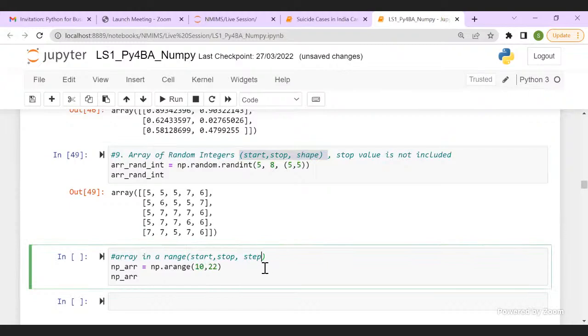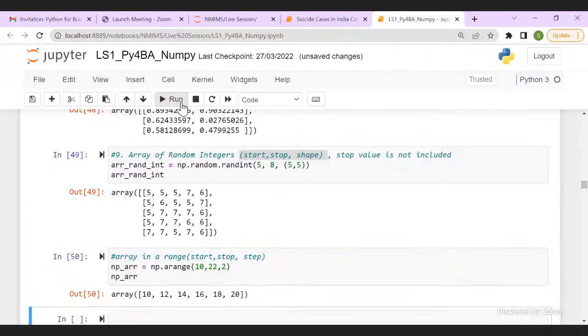Just try to recall it: the start number, the stop value, which will not be included, and the step. If you want to skip a number in between, you can give 2, otherwise it is generated continuously.